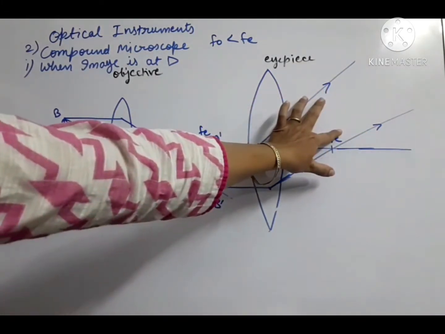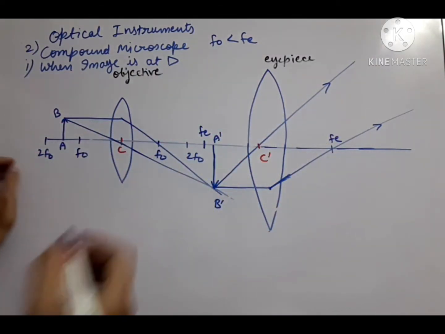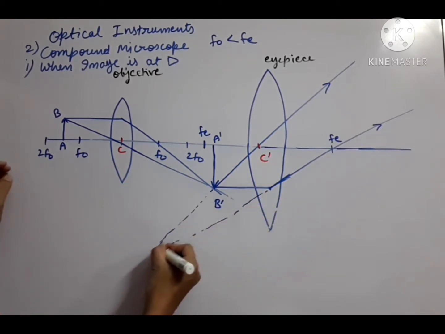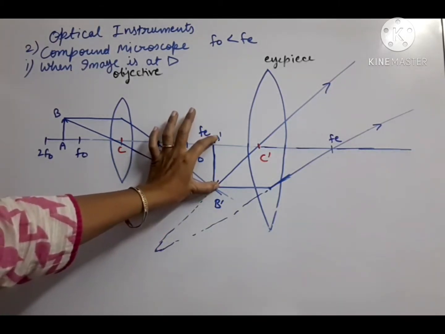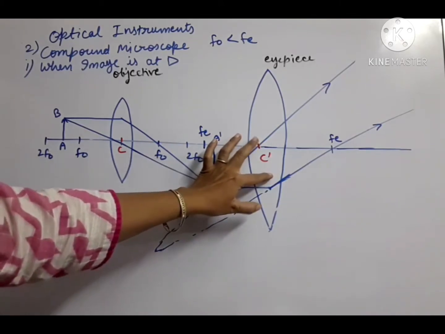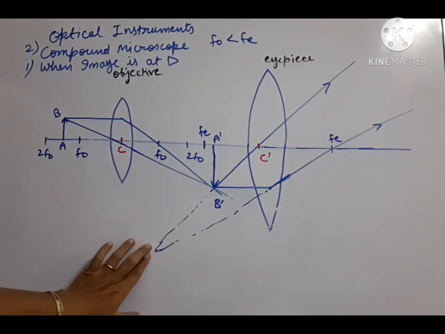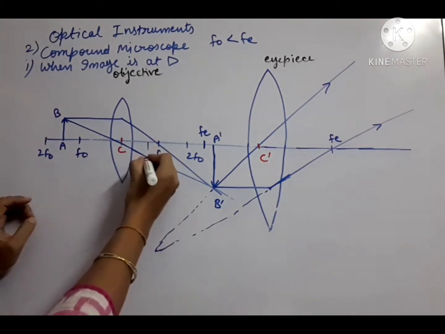Whenever the rays are not meeting actually, we have to make them meet behind by extending the two rays. So we will be extending the two rays like this. Wherever they meet, that is the position of the image formed, but this is now the virtual image. Since the rays from this object allowed to pass through the lens were not meeting actually there, that's why we are making them meet behind. Whenever we extend the rays behind, we call that a virtual image is formed. So here we are getting a virtual image.